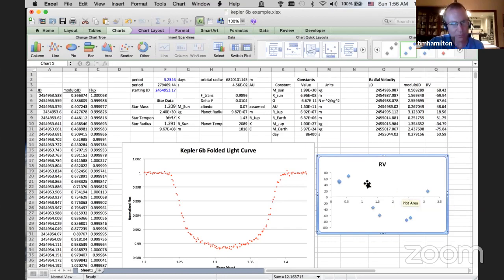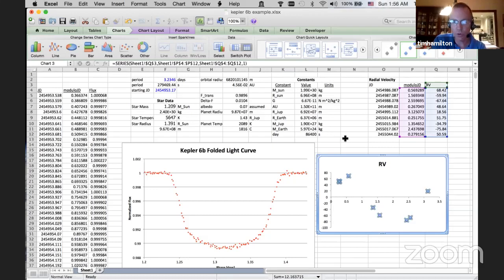Luckily, this doesn't have it, but we don't really care. What we want to get is the peak, the amplitude of the radial velocity, either positive or negative. Now, ideally, we would fit a sine wave to this, again, assuming it's in a circular orbit. But that takes a bit more work, and it's not going to change things much here. That would be a good little project to work through, though. So let's see here. The maximum here is 68.42. Let's see if there's anything more negative than that. Oh, yeah, negative 75.84. I think that's our winner.